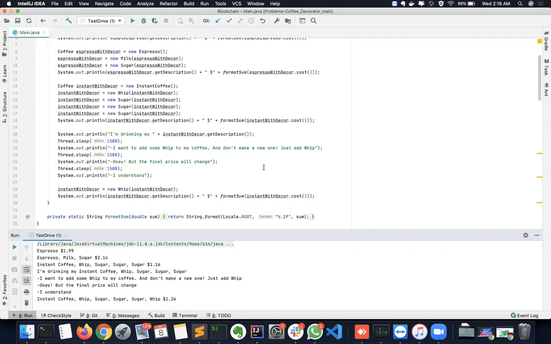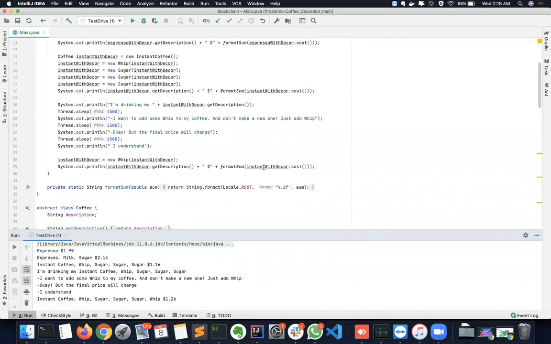I'll share this code. Feel free to check it out in the description. I think this is the best example for decorator at one place. I have seen different videos, they haven't given an example like this, they have multiple files, but this is jotted down in a single file. This helps you a lot. Thank you. This content is taken from JetBrains. Feel free to check it out, JetBrains. That's an amazing site. Thank you.